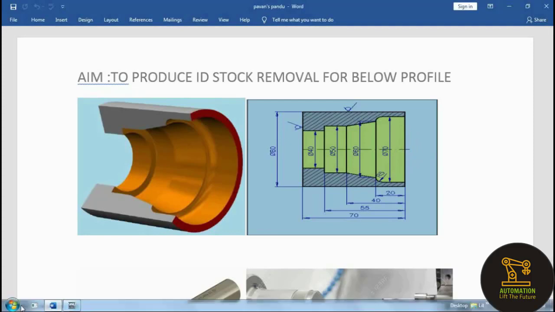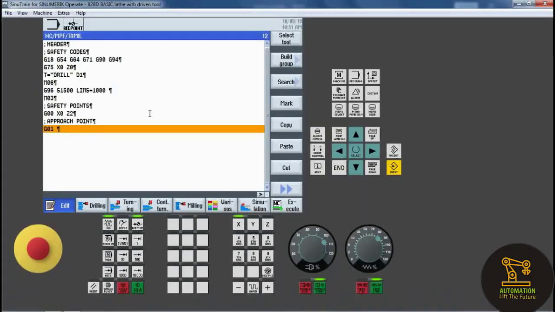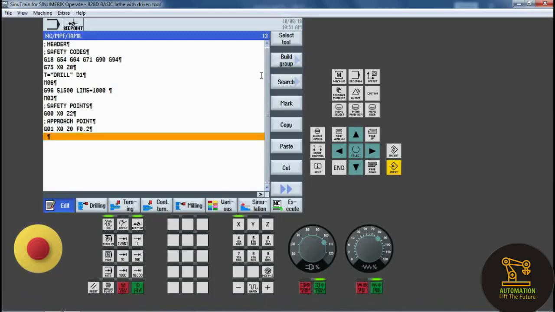G01, X0, Z0, this is the approach point for only drilling, that means also center drilling. And F0.2 is the feed of the tool.